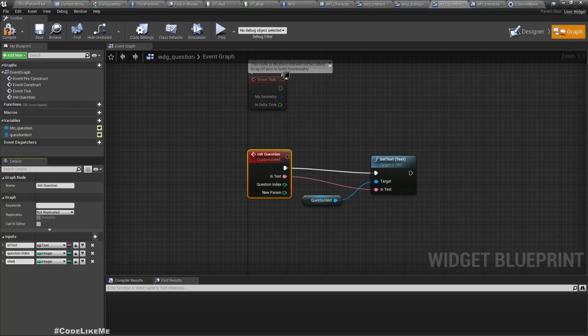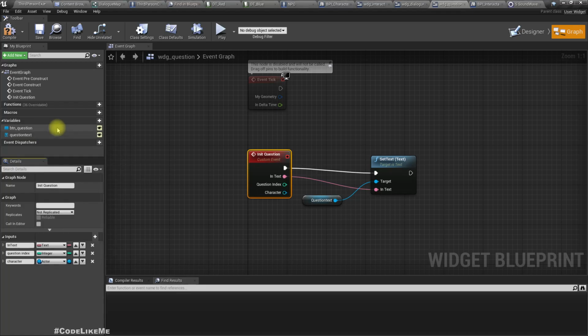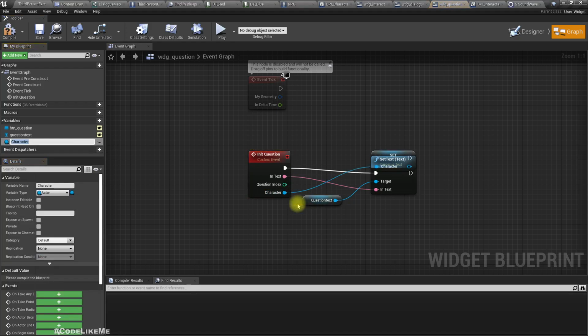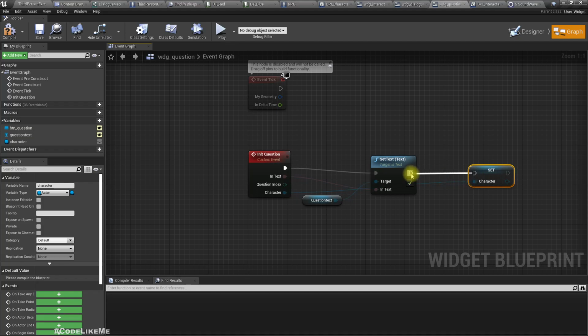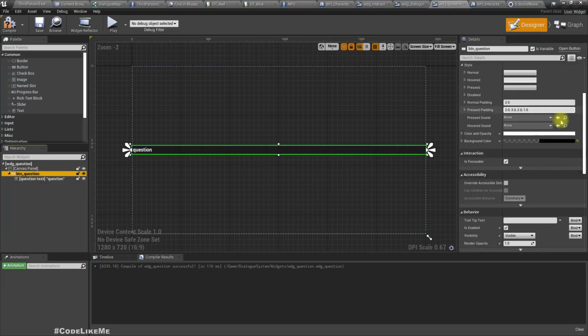So character, let's just give an actor reference, and let's promote it to a variable, character. Right, now when we press the button